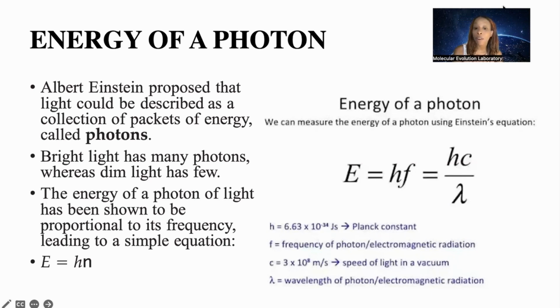Bright lights have many photons, whereas dim light has few. The energy of a photon of light has been shown to be proportional to its frequency, leading to a simple equation. So energy equals Planck's constant times frequency, which is equal to Planck's constant times the speed of light divided by the wavelength. So Planck's constant was a constant that was derived long before now, and as we already know, the speed of light is 3 times 10 to the 8 meters per second,